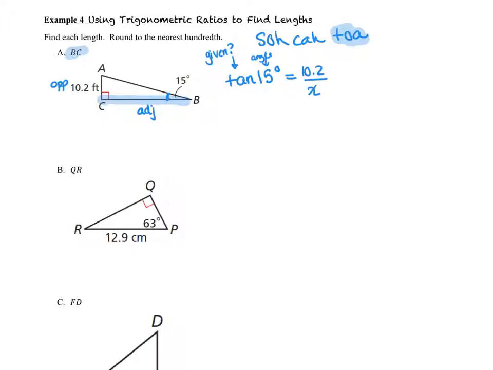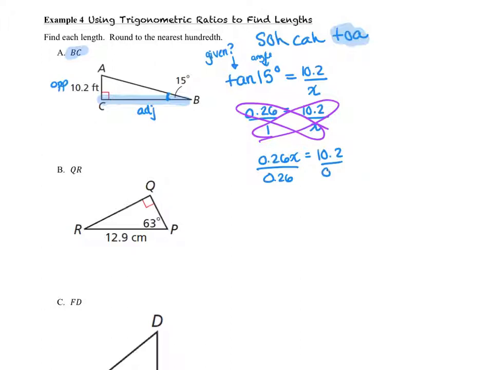So if we calculate in our calculator tangent of 15, I get 0.26 equals 10.2 over x. So I would put that over 1, give myself a proportion because that variable's on the bottom and that can be confusing. And now I'm going to cross multiply. And when I do that, I get 0.26x is equal to 10.2. So divide both sides by 0.26. And x is equal to